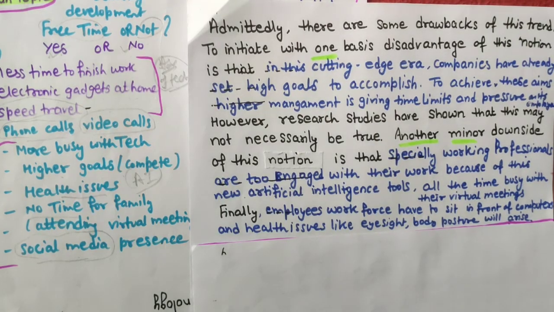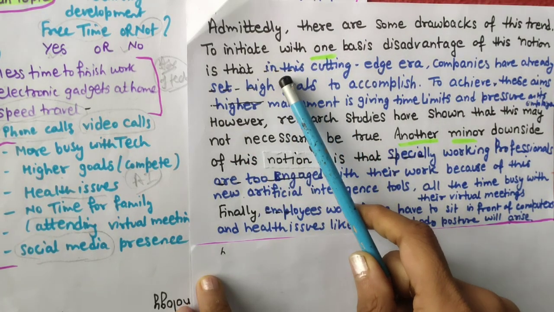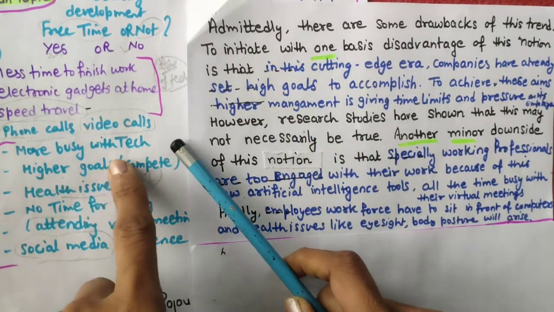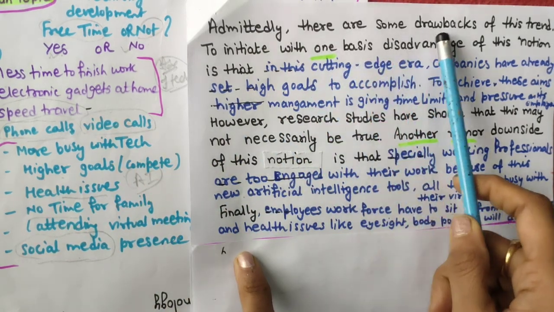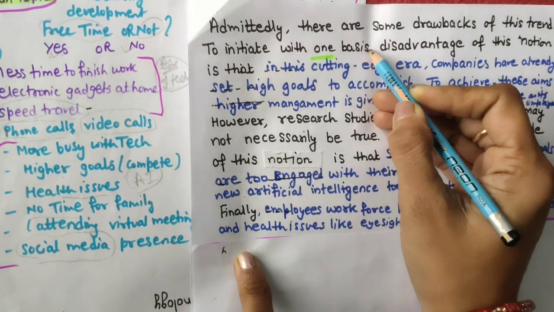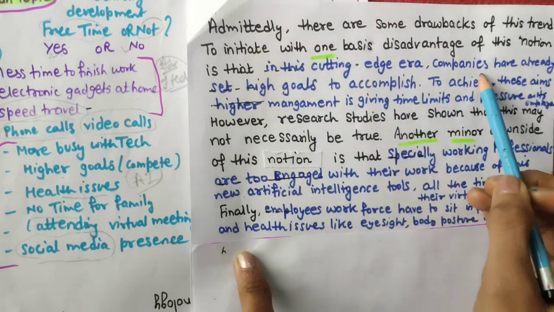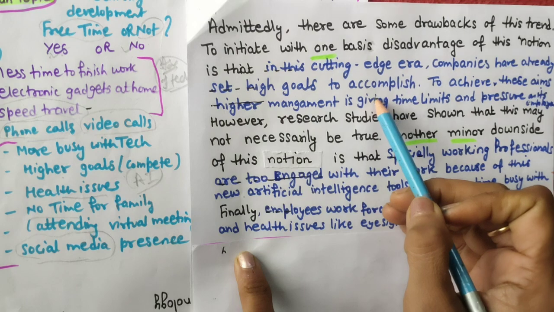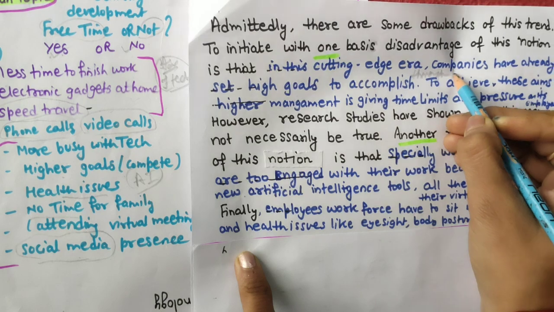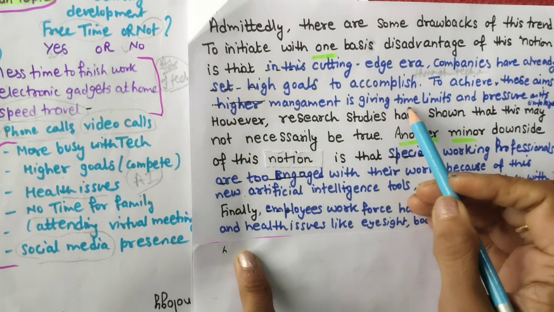See this now. Second body paragraph, that is about drawbacks. Means first body paragraph, we have written advantages. In second, we will be writing about some disadvantages, like more busy with technology. Admittedly, there are some drawbacks of this trend. To initiate with, one basic disadvantage of this notion is that in this cutting edge era, companies have already set high goals to accomplish through technology. Okay, to achieve these aims, higher management is giving some time limits and